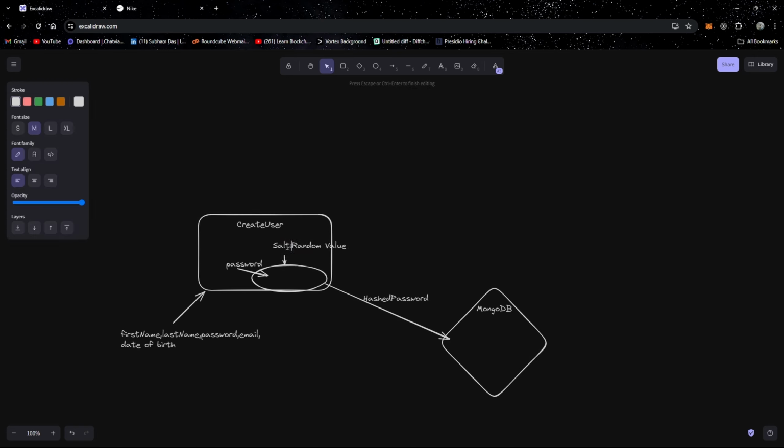So it will be a random stream of data which will be encrypted, which we will be using to encrypt the password and to store the hash password. And we are also going to use the salt, like we are also going to store the salt here. So salt, this is the random value. So you can think of a random value like the salt as a key which we will be storing, and